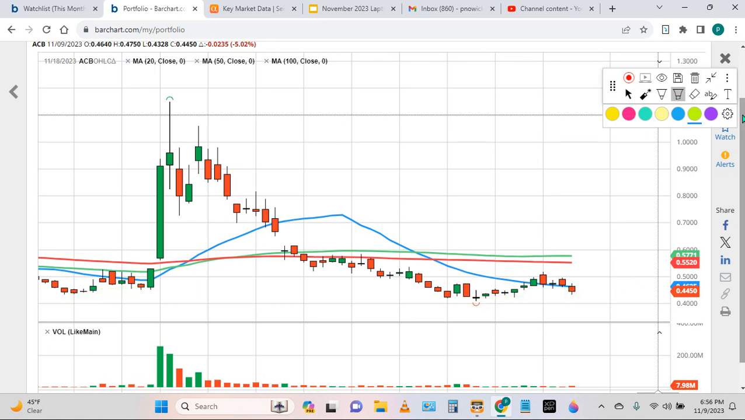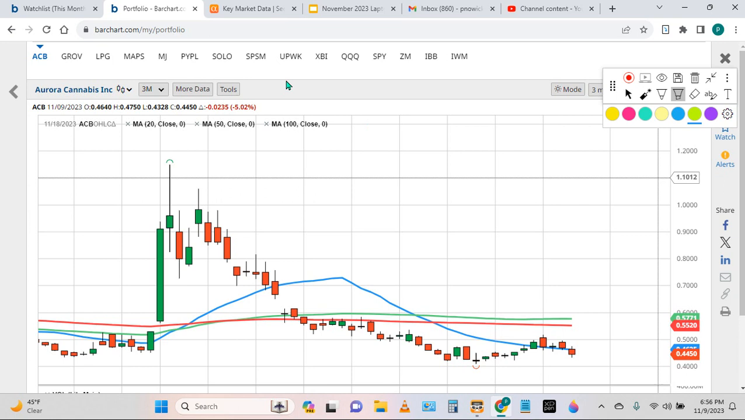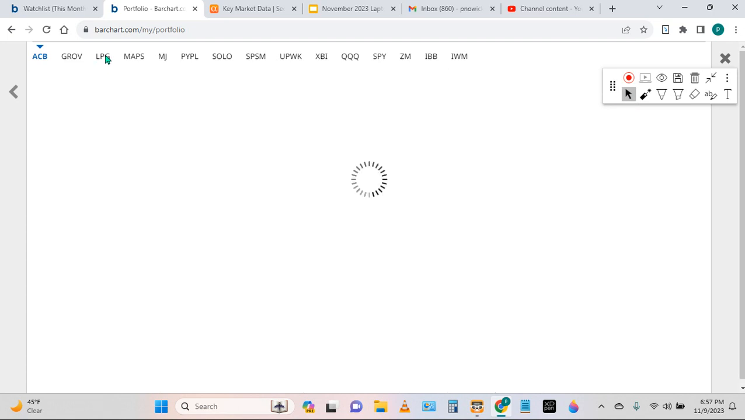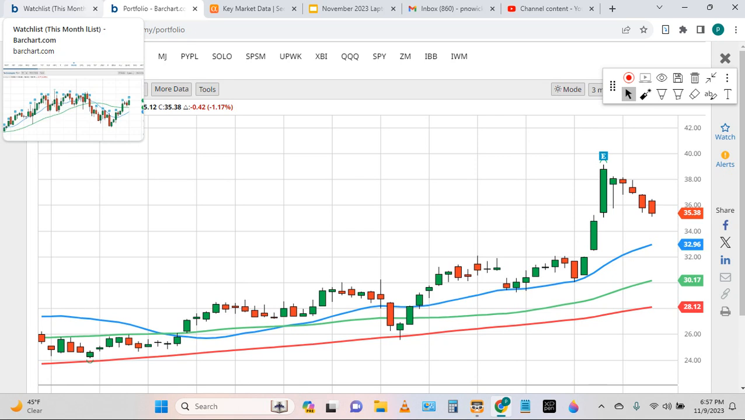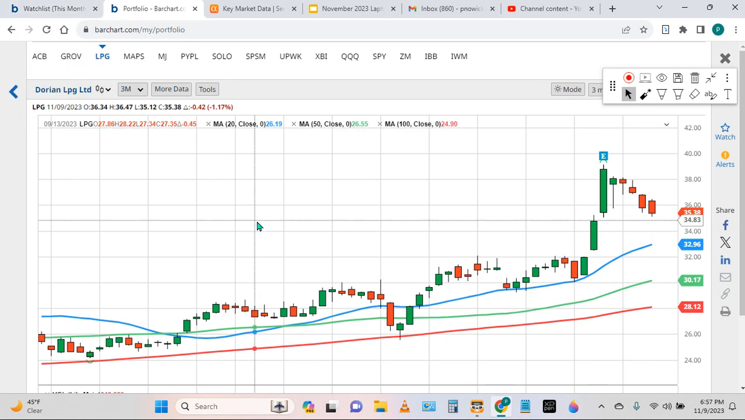So let's go and look at something else on a longer time frame to see, are there other zones that we could use. Let's take a look at maybe this one, symbol LPG, and see, can we see any zones in here? Well,